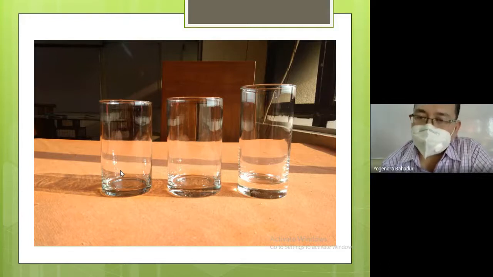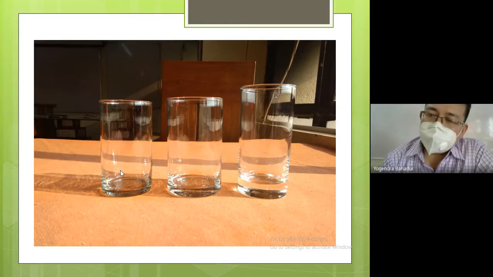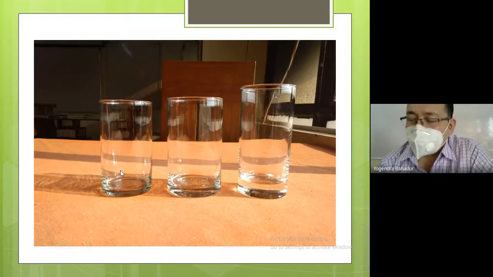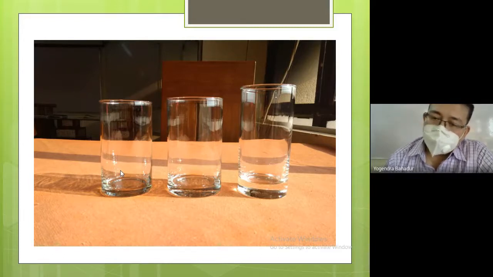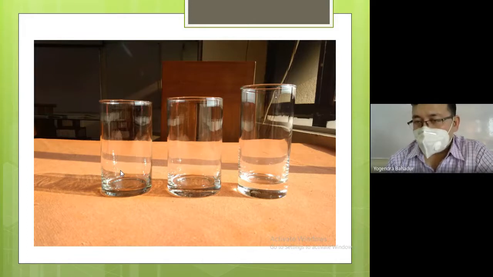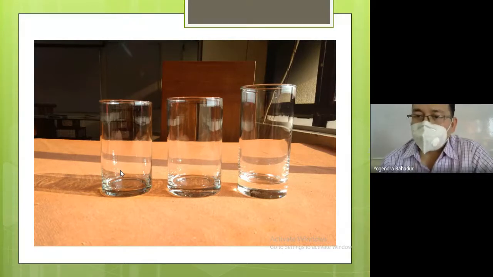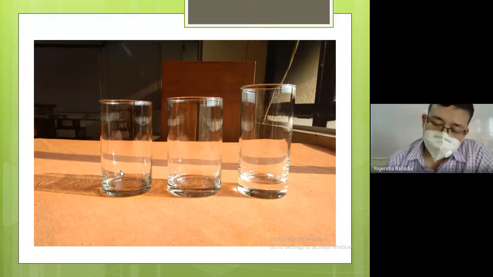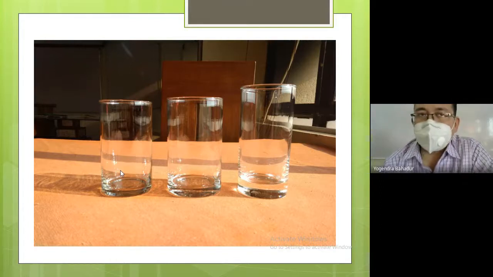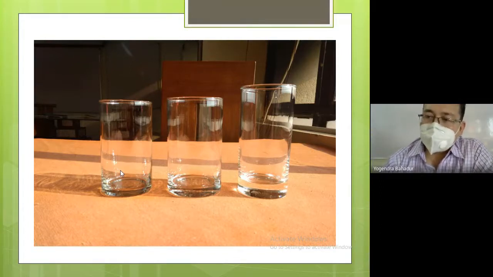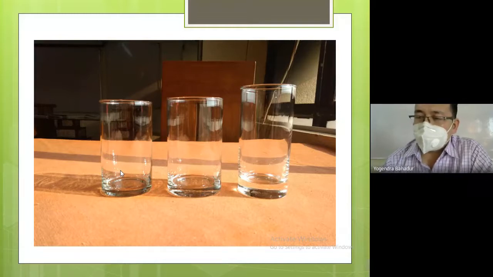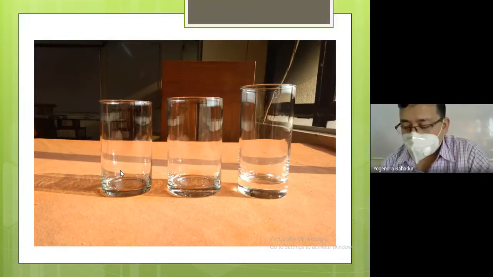Highball glass. Definitely you will find there is one cocktail by the name of Tom Collins and a cocktail by the name of Slim Jim. So again I'm repeating, from the left hand side towards the right hand side: the leftmost one is called the highball glass, 8 fluid ounce. The middle one, Tom Collins glass, 12 fluid ounce. And the rightmost one is Slim Gin glass, again 8 fluid ounce.